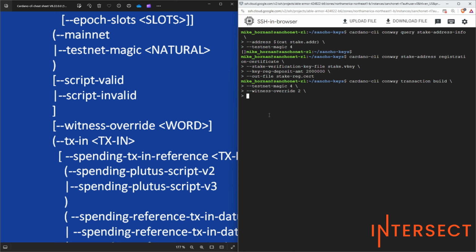Like this. And now the next part is the transaction in. In this case, we need to provide the UTXO and the index of our payment wallet. So you get many options there, right? What you can do is actually,